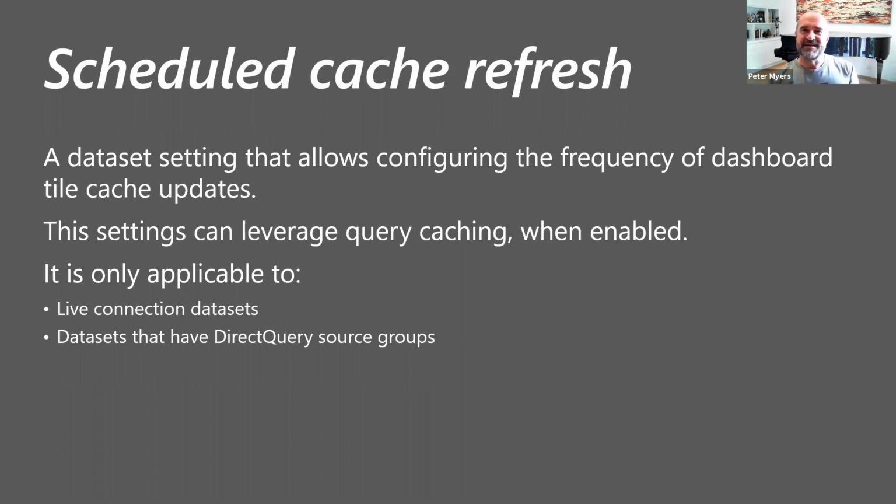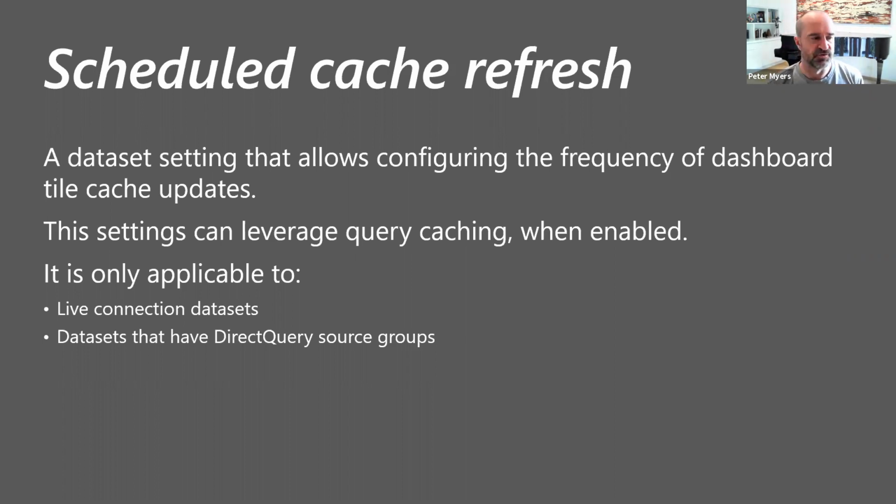But what does that mean if your data model is using direct query or it's a live connection to, remember, external hosted models? That Power BI doesn't know if the data is changing in the underlying systems. Therefore, there is a property on a data set that allows you as the data set owner to tell Power BI the frequency that it should update dashboard caches. It could be anywhere between 15 minutes or 1 week, and you would set it according to the volatility of